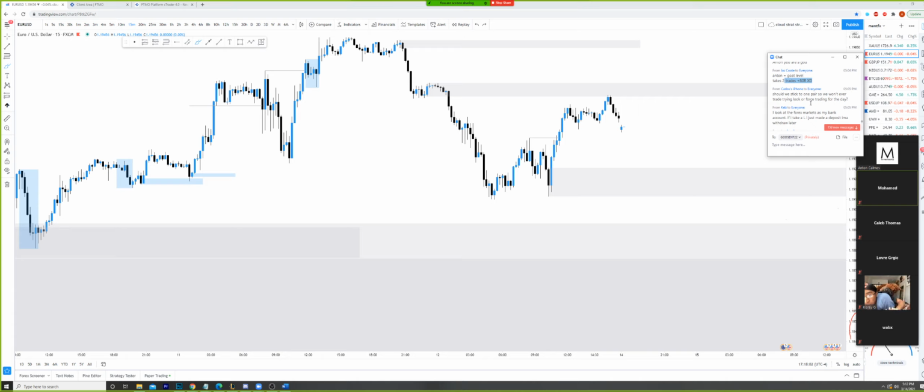Should we stick to one pair so we won't overtrade, trying to look or force trading for the day? If you find that looking at more pairs gets you screwed over and makes you miss stuff, then stick to one pair. If you like your strategy and know that it works with multiple, then stick to multiple pairs. Just work with yourself through this. I myself like one pair, just because I know I can trade any part of it, right? I look at the Forex market as my bank account. If I take an L, I just make a deposit. I'm going to withdraw later. True. I managed to hit about 23% in one day the other day.